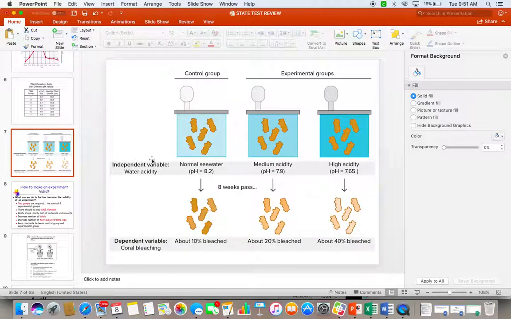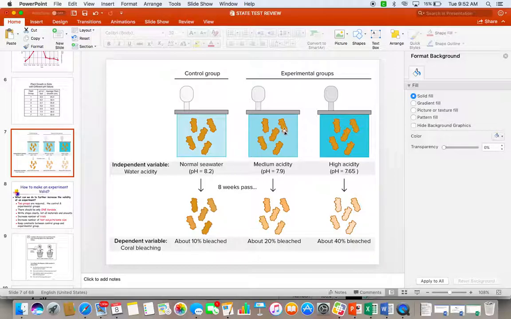If we look at other pictures and we look at how these experiments are set up, it is possible to have more than one experimental group as long as you're testing the same variable, okay? So in this, we're testing the effect of water acidity on coral bleaching. And so, you know, what coral is, you know, coral reefs and things like that. It's a type of cnidarian, which lives out in the ocean. It's an animal. So we've got normal seawater here at 8.2, which is a mild base. We're seeing what happens after 8 weeks, and we're seeing that 10% of our coral was bleached after that time,